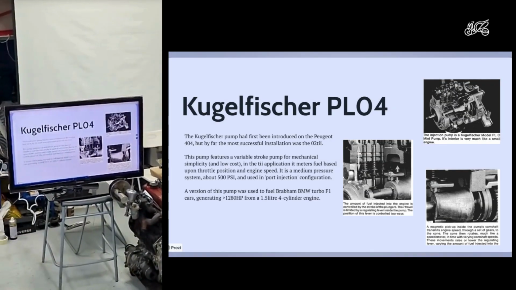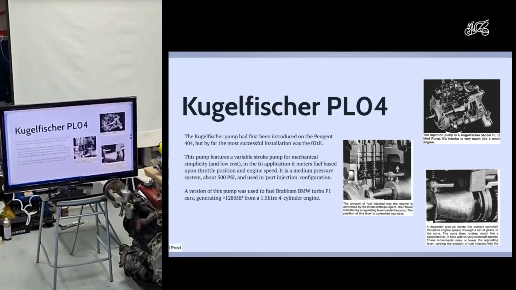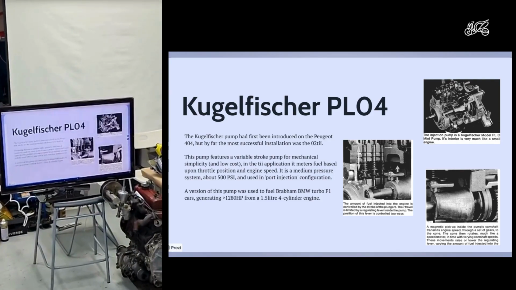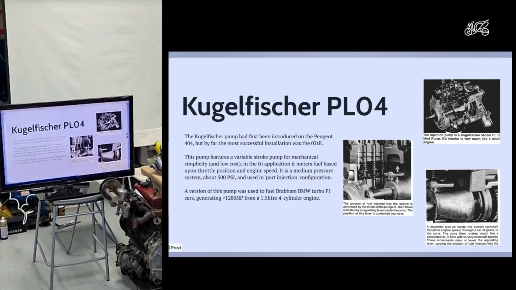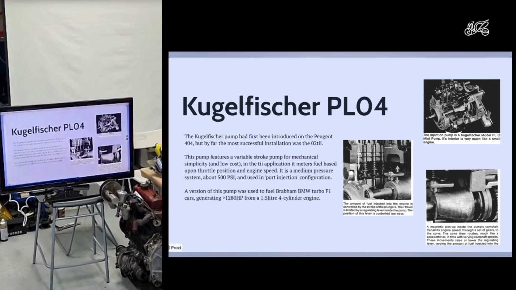I come on to my favorite, which is the Kugelfischer pump, which was fitted in the Peugeots, BMWs, Fords, Ferraris, and things. So this pump, that Bosch pump we just looked at, directly came from Bosch's work on the aero engines in the war. This pump can trace its history back to that Focke-Wulf engine. So the guys who developed the injection for the BMW radial